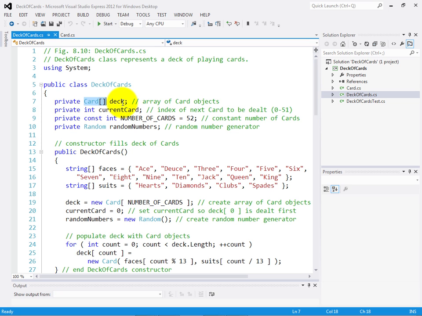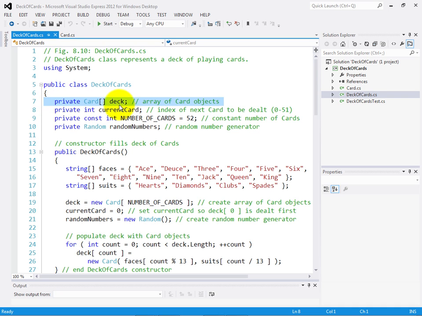Any classes within a given namespace know about one another already and can use each other directly. Now remember, line 7 here, which is declaring Deck as an instance variable of the class called Deck of Cards, does not create the array of cards. It's only declaring that array.